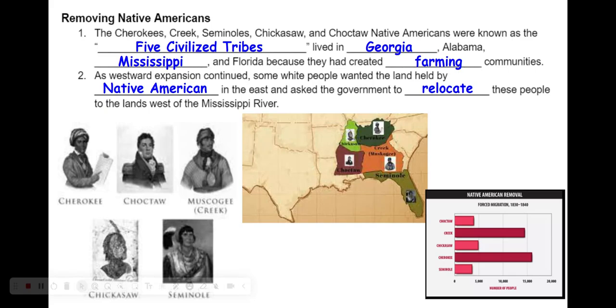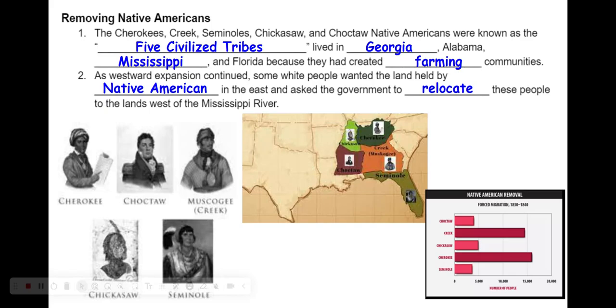So if you take a look at the chart kind of in the bottom right hand corner, you can see the numbers of people that were forced to migrate between the 1830s and 1840s. You can see the Choctaw, the Creek, the Chickasaw, the Cherokee, and the Seminoles. And by far, the Creek and the Cherokee were probably forced to be moved far more than the Choctaw,